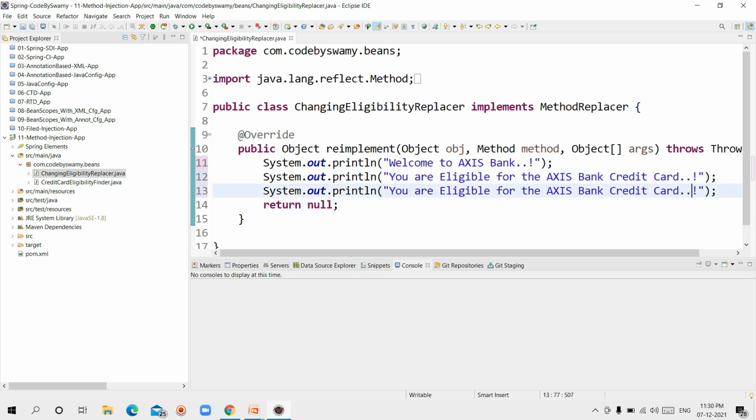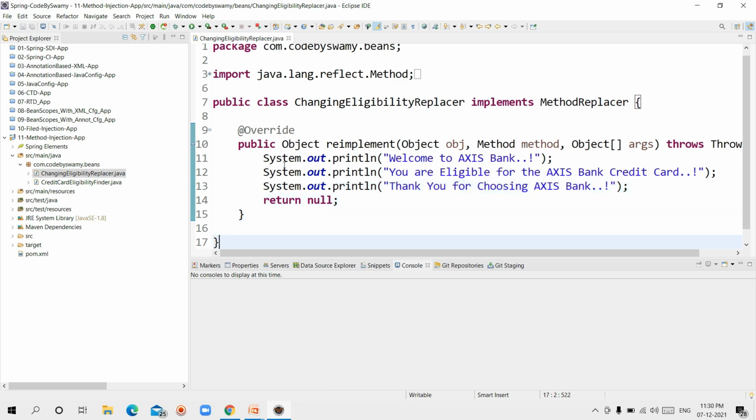Here I am writing: thank you for choosing Axis Bank. Like this, I implemented the replacer.